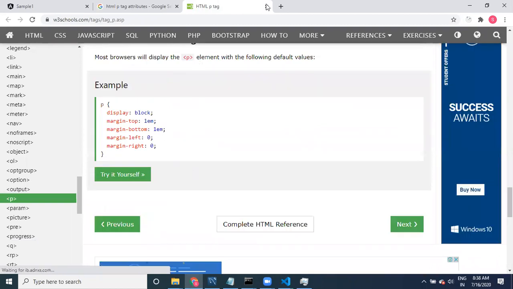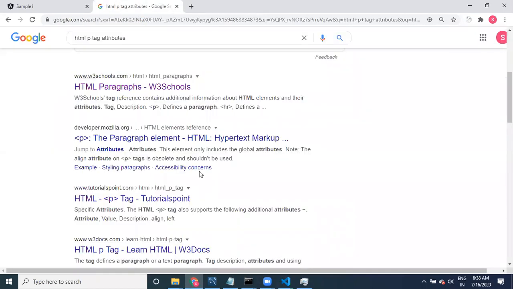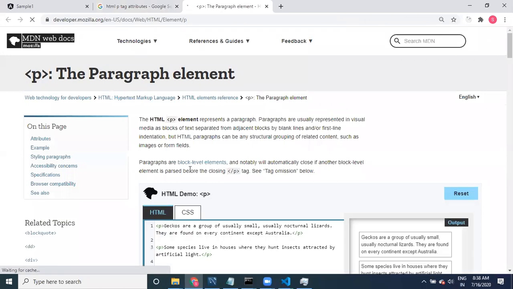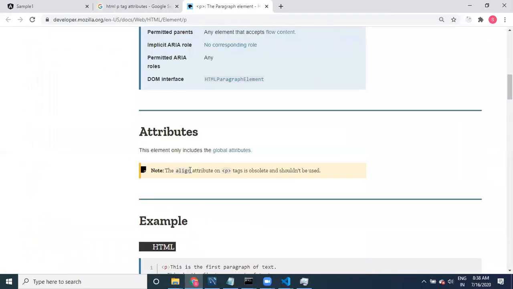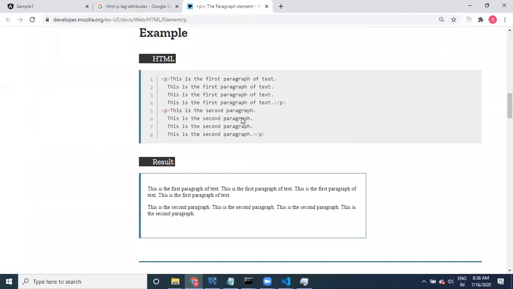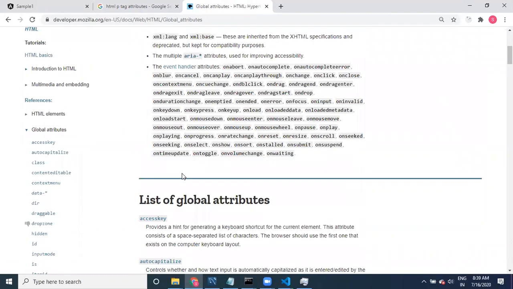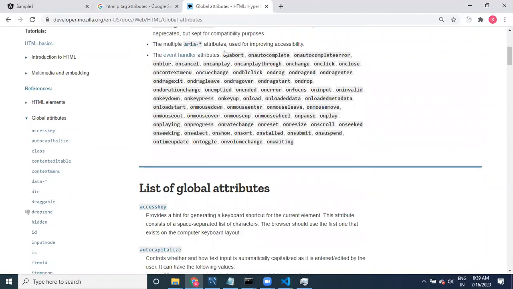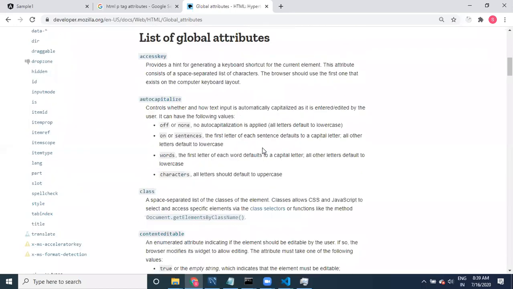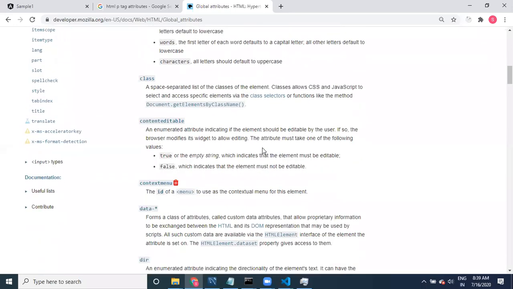Every time it is taking to the same page. Okay, these are the different attributes available, right? We are going to use these attributes, actually attributes and then DOM properties. We'll be using DOM properties or something like this.